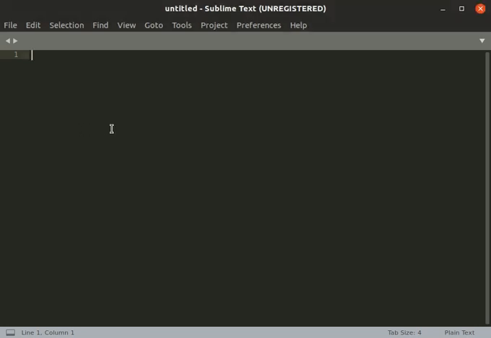Hello. Today we'll see how we can use template classes or templates to give generic data types to any function. For example, we want to add two numbers, and those numbers can be of float data type, double data type, or integer data type.